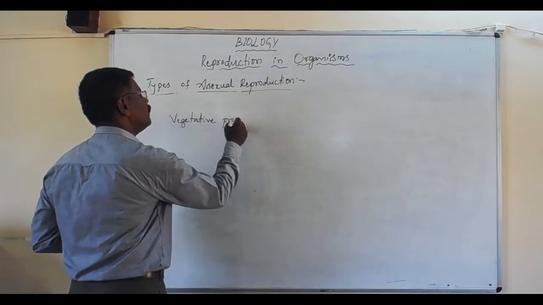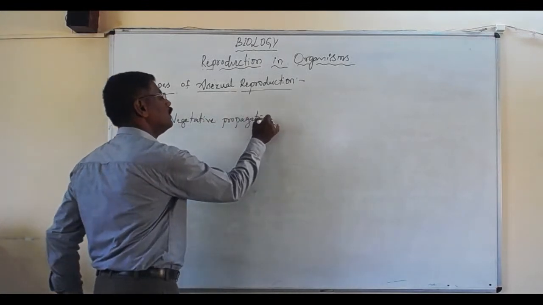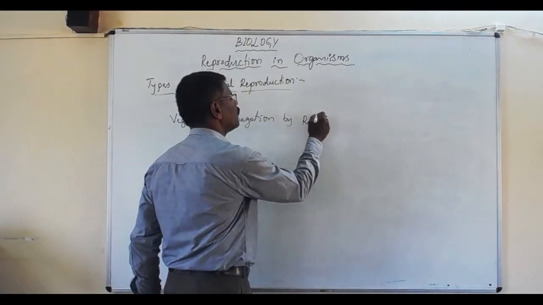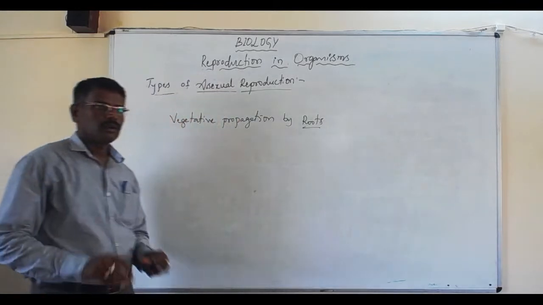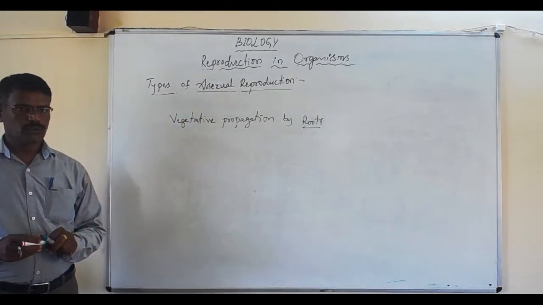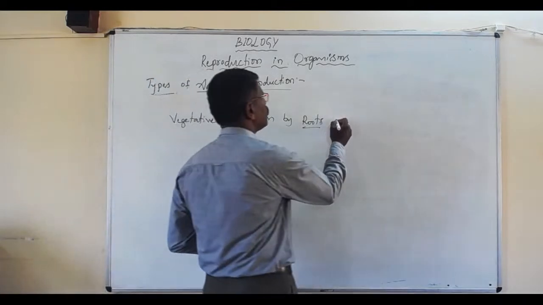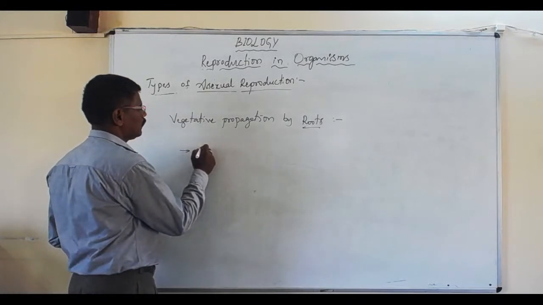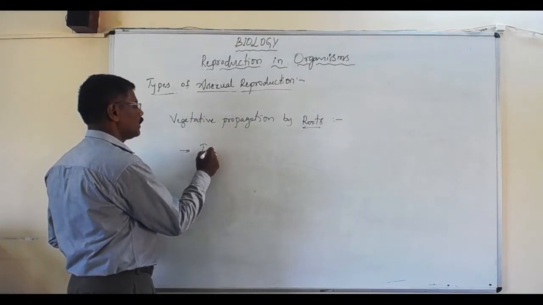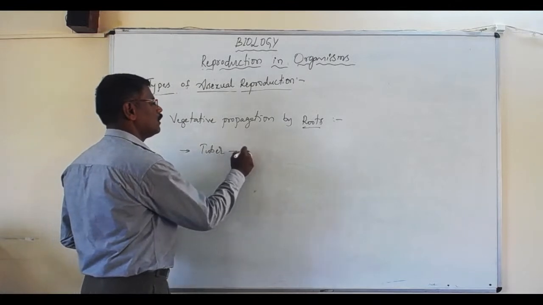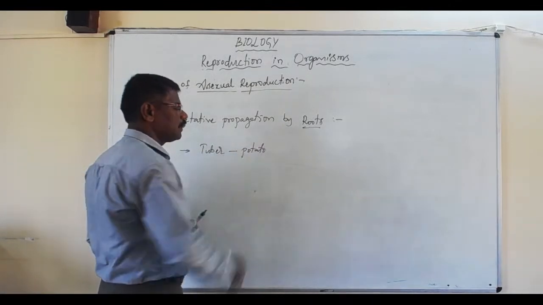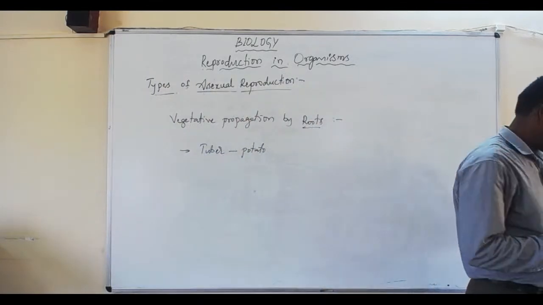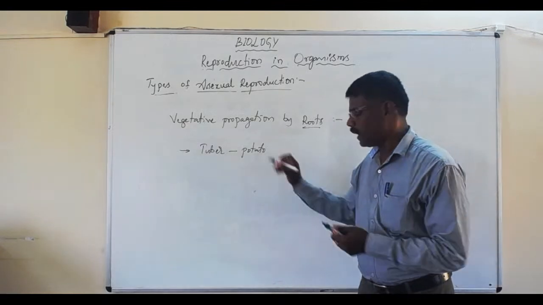Vegetative propagation by roots. As an example, tuber, that is in potato. So as in potato,